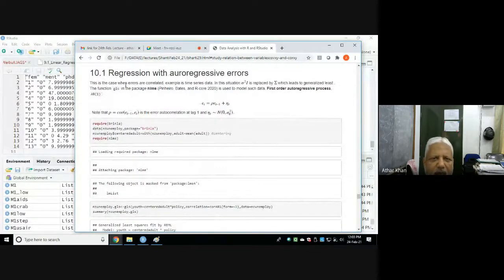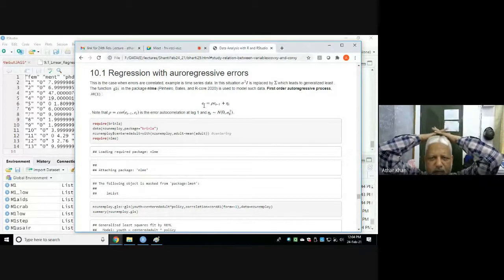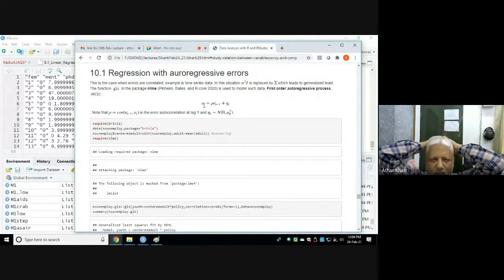Here we are going to talk about regression with autoregressive errors. There is a basic assumption that errors are not correlated. But in autoregressive models, in time series data, errors are related to each other.